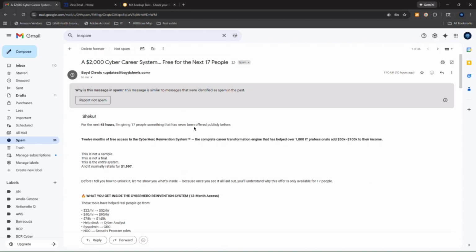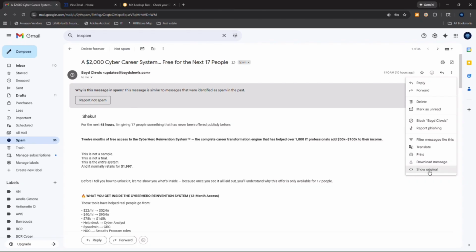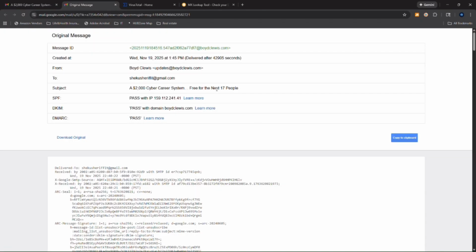So I'll open this email. Has my name for the next 48 hours. But again, I don't want to report as not spam. I know it's spam, but before doing so, I'll click here on these three dots, and I'll go and say show original, and this will show me the original message, the header. So in here it gives you the message ID, and the date it was created, Wednesday, November 19th, 2025 at 1:45 p.m. and who it's from, to, the subject, and it passed SPF, it passed DKIM,